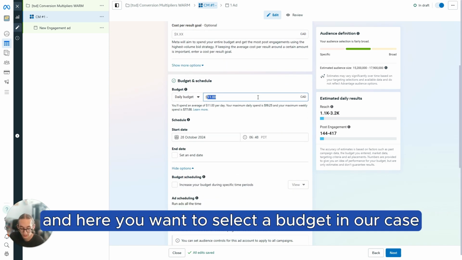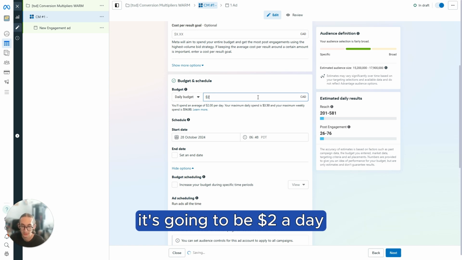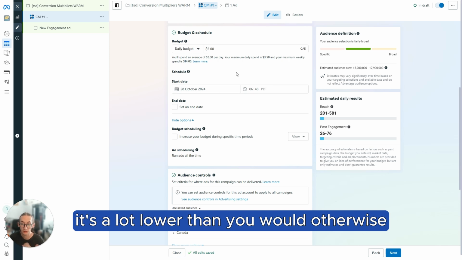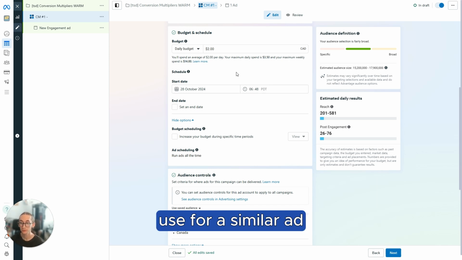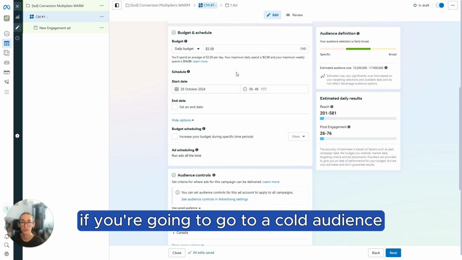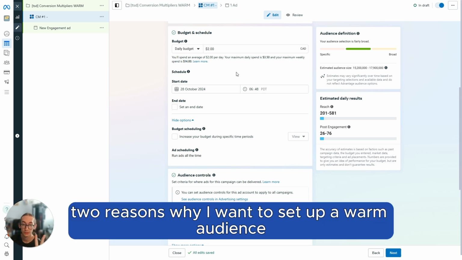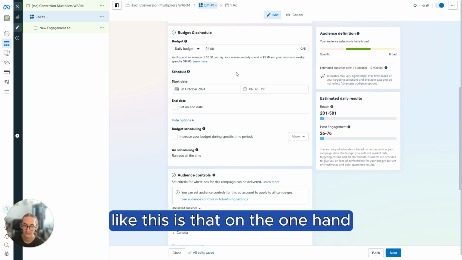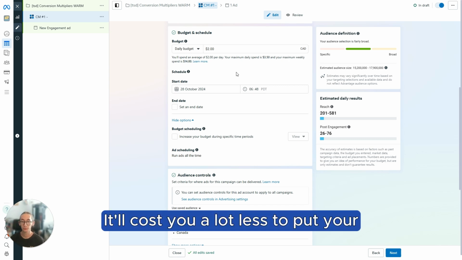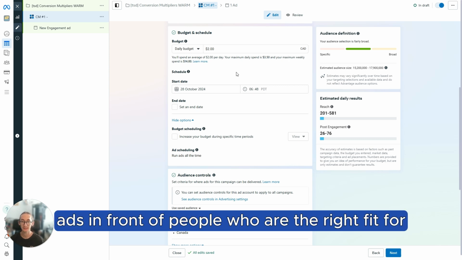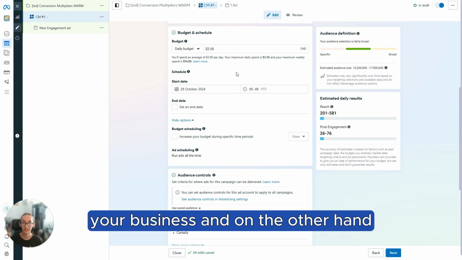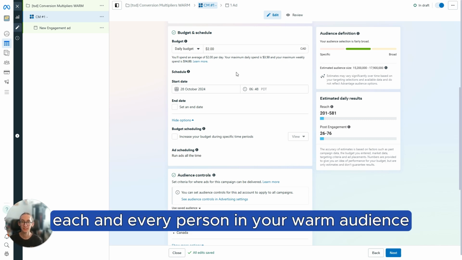And here you'll want to select the budget. In our case, it's going to be $2 per day. It's a lot lower than you would otherwise use for a similar ad if you were going to go to a cold audience. And this is two reasons why you'll want to set up a warm audience like this, is that on the one hand, it'll cost you a lot less to put your ads in front of people who are the right fit for your business,